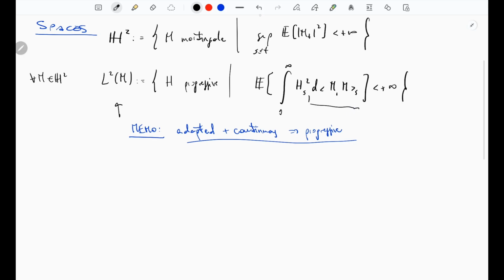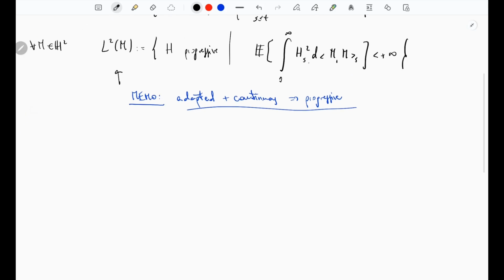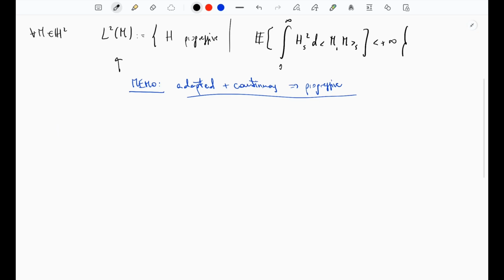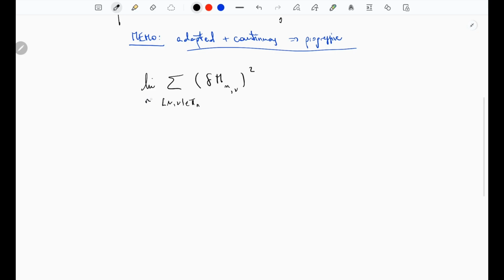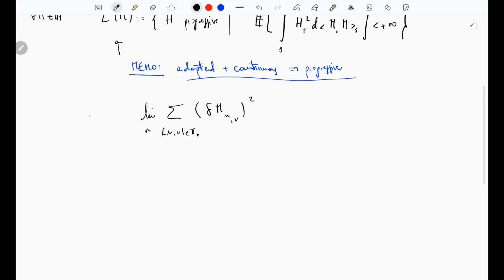What is the quadratic variation? The definition is, I think you can define it for a local martingale. For a martingale M, the quadratic variation is defined as the limit of the Riemann sums, basically, of, I'm going to define everything I'm writing right now, no worries. So what you do is, so that it's the quadratic variation up to time t.